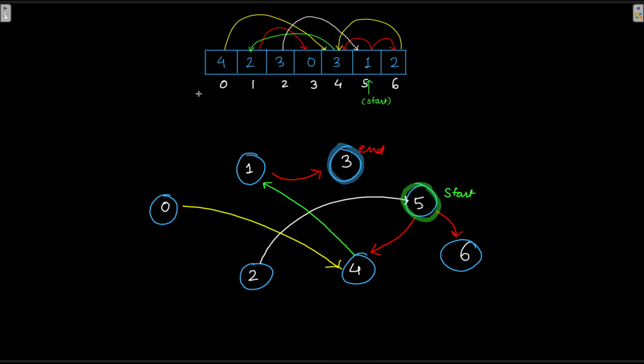So it is exactly the same array that was there, and this time I have drawn a graph. Each node denotes an index there, and according to the value contained in the array, each node would be connected to another node. If the value contained is 0, then there won't be any outgoing edge from this node to another one.